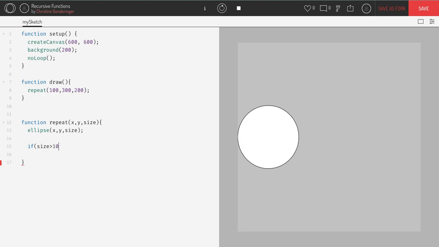So we need to tell it, okay, keep running as long as the size is greater than 10, right? So if the size is greater than 10, then what do I want this function to do? Well, I want it to draw another ellipse, but I don't want to keep writing ellipse over and over, because I want the function to do the work of running over and over and over. So what I'm going to do is call upon the function. As long as the size, the diameter, is greater than 10, I want it to run the repeat function,